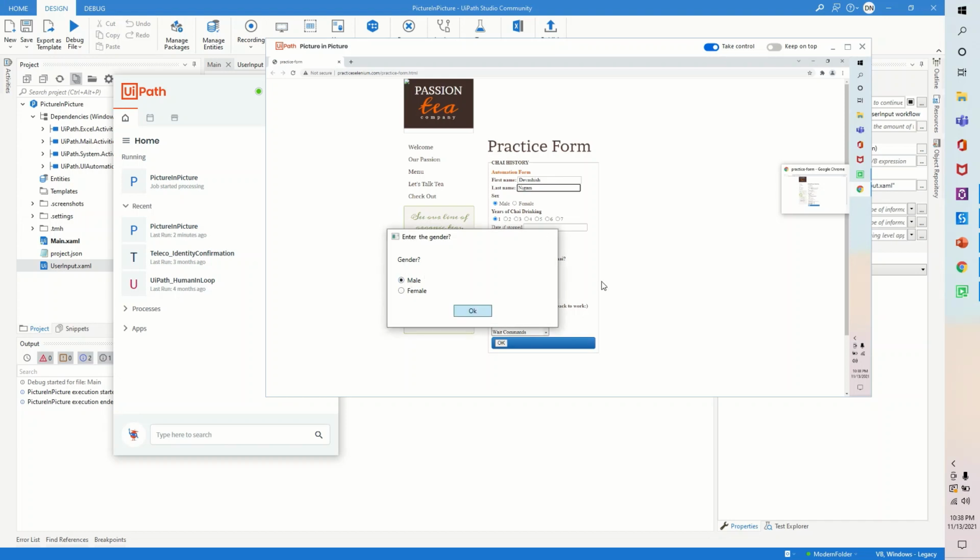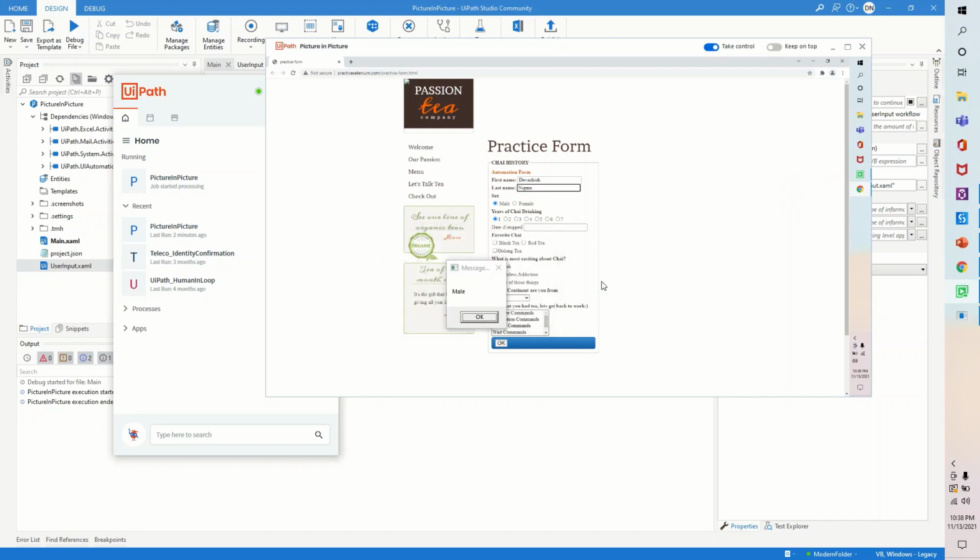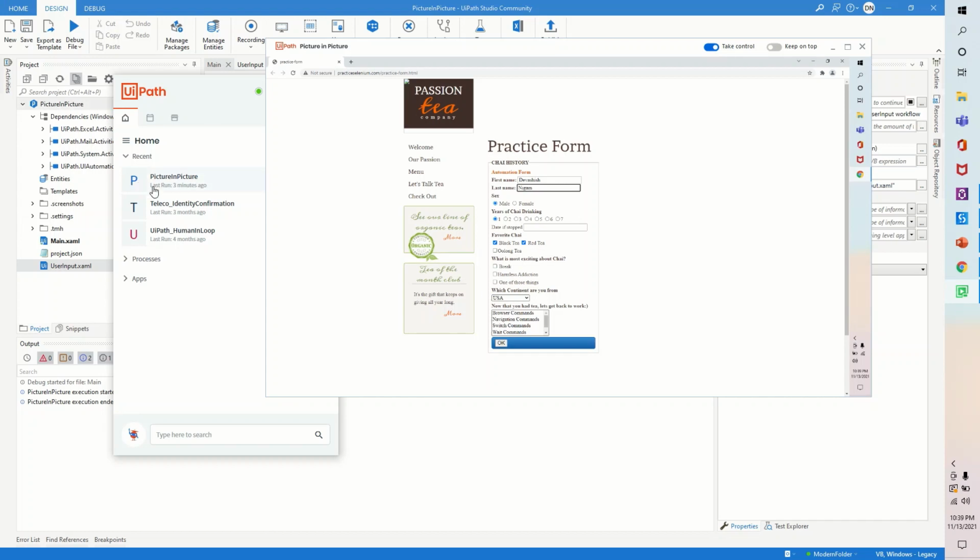I'll click OK. You can see it has checked black tea and red tea, which is the last step, and it has completed.